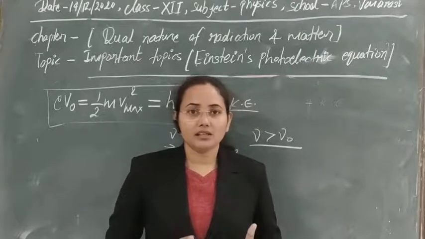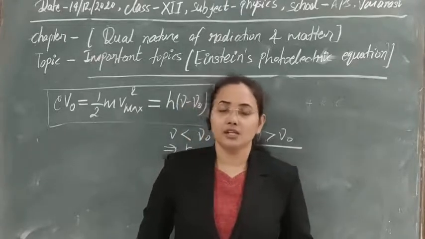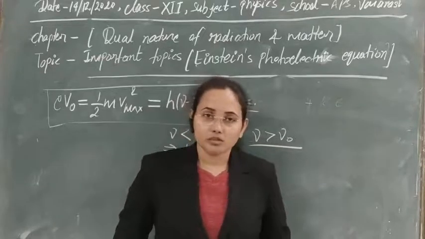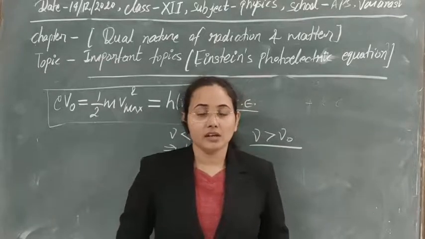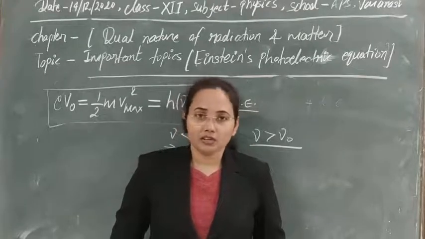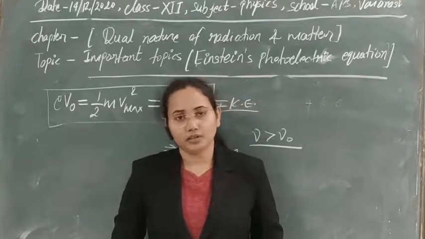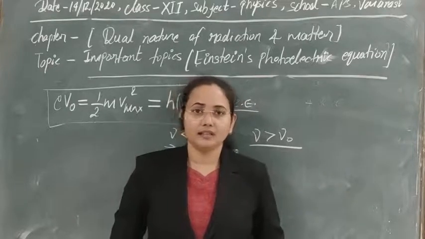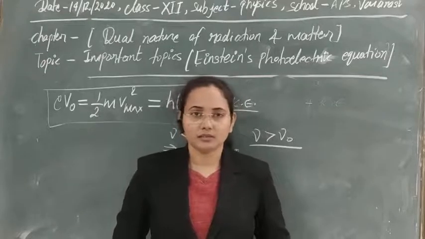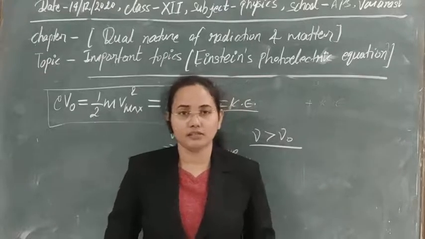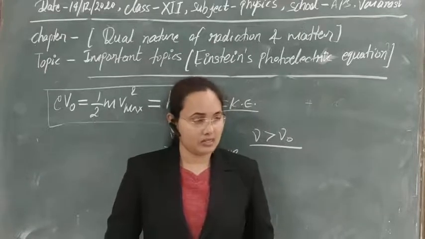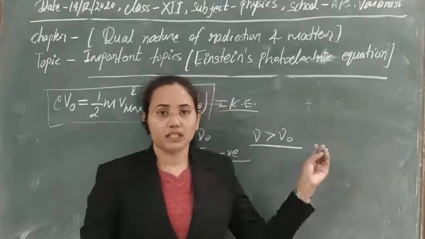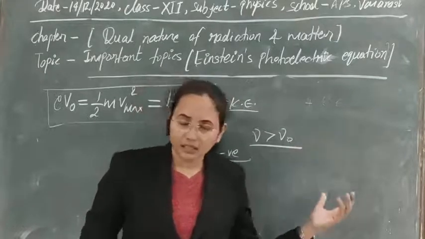So I think, guys, the concept of dual nature is clear. Today we have discussed the dual nature of radiation. Later, in the next class, we will discuss the dual nature of matter, the de Broglie concept, and its importance. For today, let's end it here. To revise all the chapters, guys, try to understand all the concepts and solve numerical problems based on them. Try to solve the concept of wave and particle in detail.